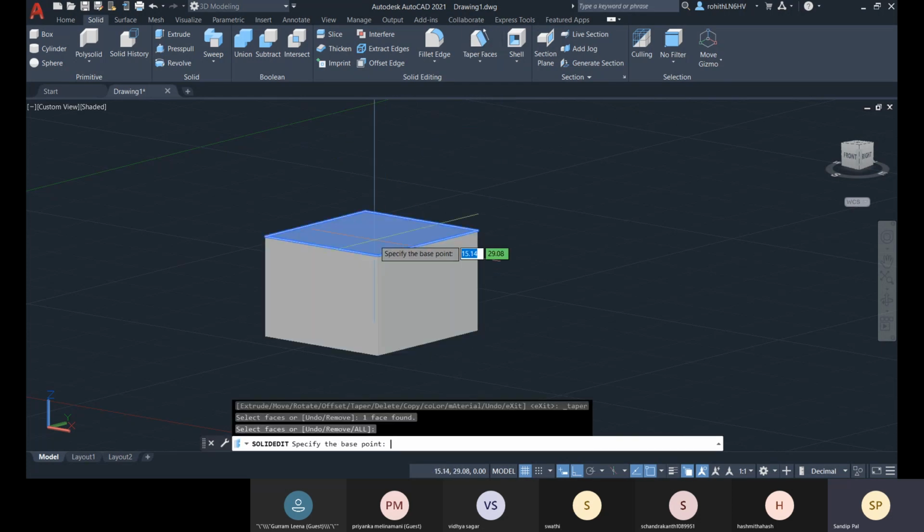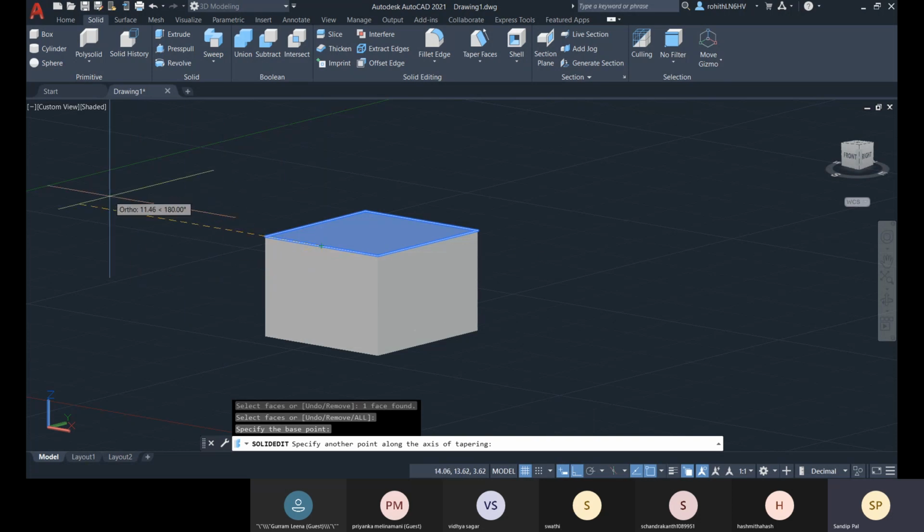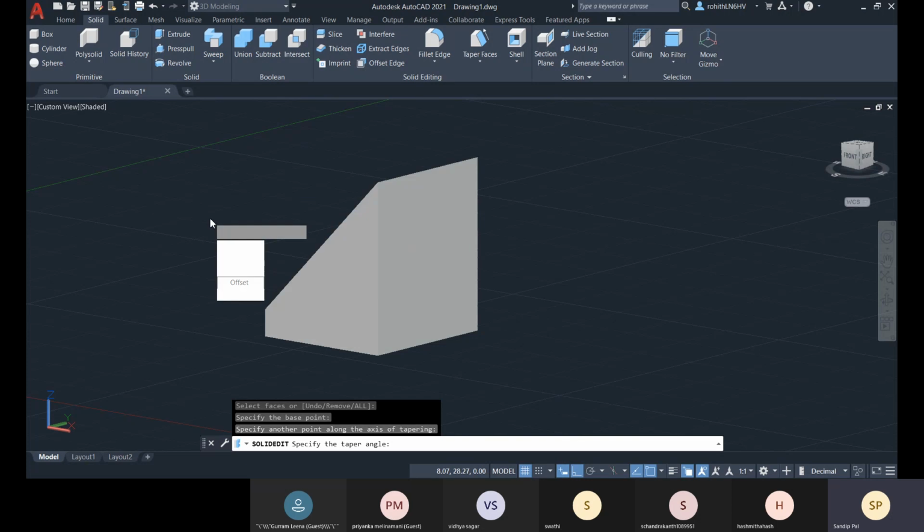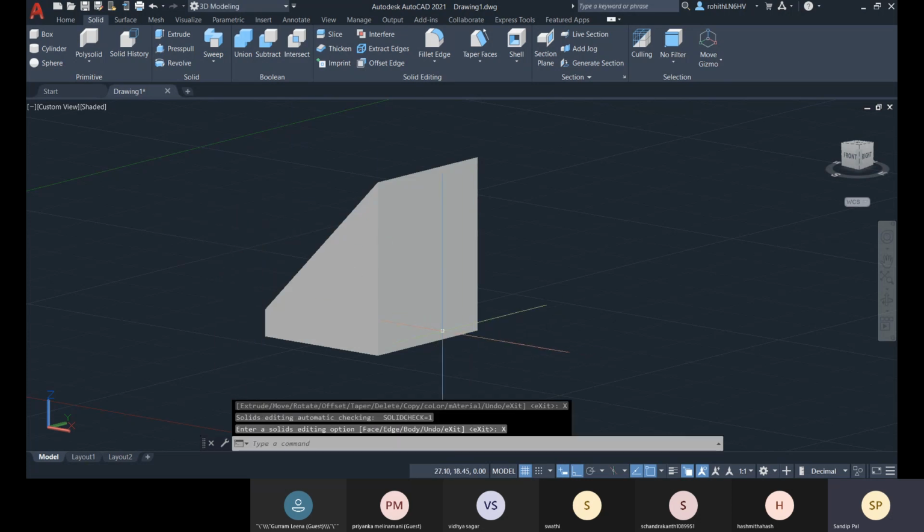Okay, let me change the axis over there, and the value 45, enter. That's it.